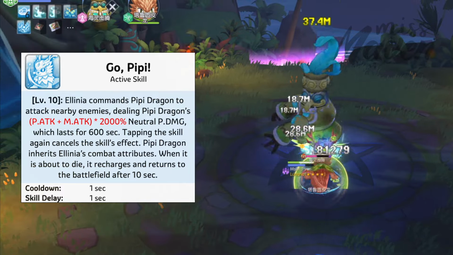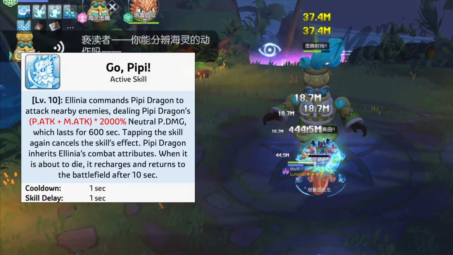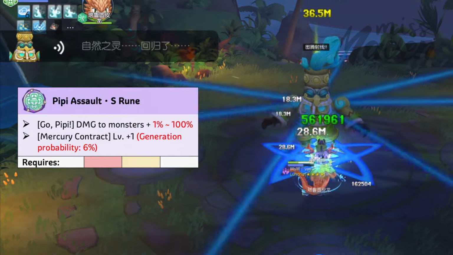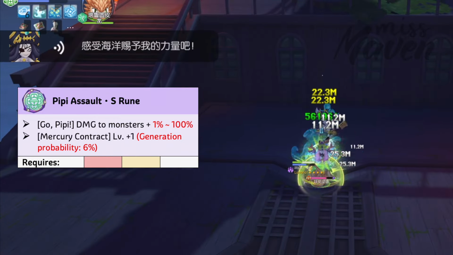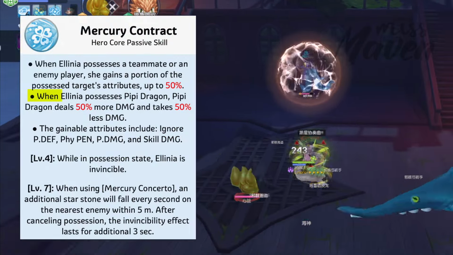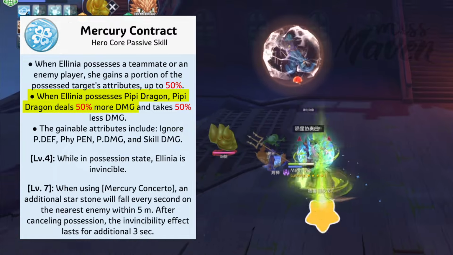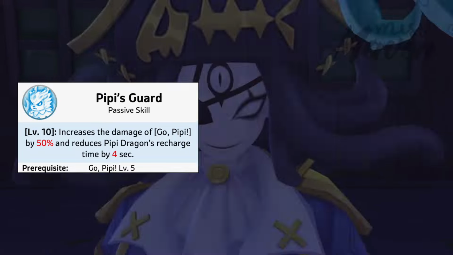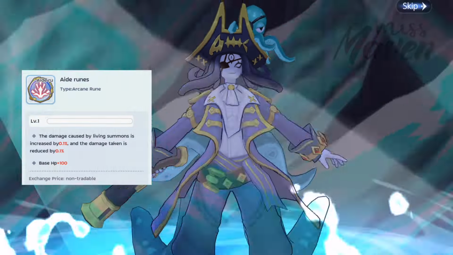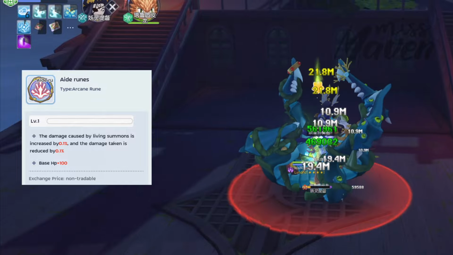In PvE, the damage dealt by PP Dragon surpasses Mercury Concerto due to several factors. First, PP Dragon's damage against monsters can be enhanced by up to 100% through the related S rune. Second, PP Dragon's final skill damage increases by 50% when possessed by Ellinia. Third, the PP Scarred passive skill boosts the damage of PP Dragon by another 50%. And fourth, since PP Dragon is considered a living summon, its damage can be enhanced with the help of the